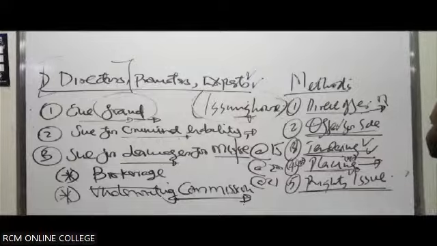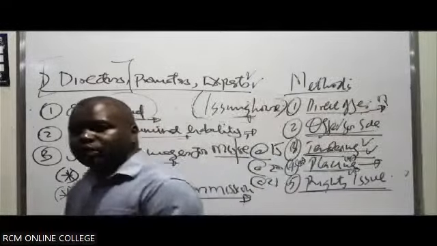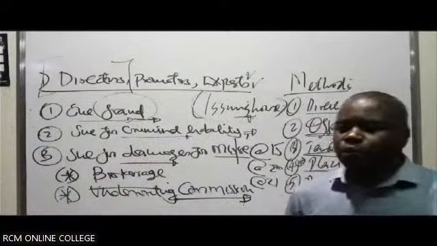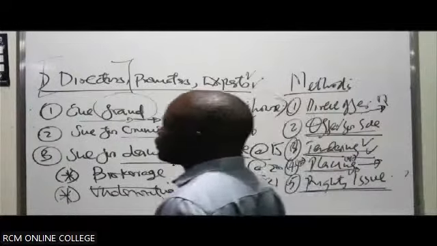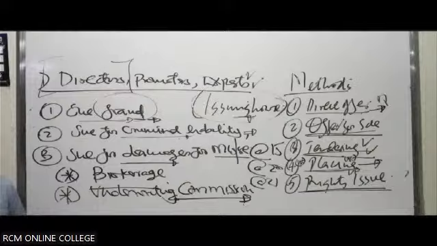What happens under a rights issue? The company goes through what we call internal marketing. Internal marketing in the sense that they don't invite any outsider. Instead, they convince the already existing shareholders to buy extra or more shares in the company in proportion to their existing shareholding in the company. We call it a rights issue.